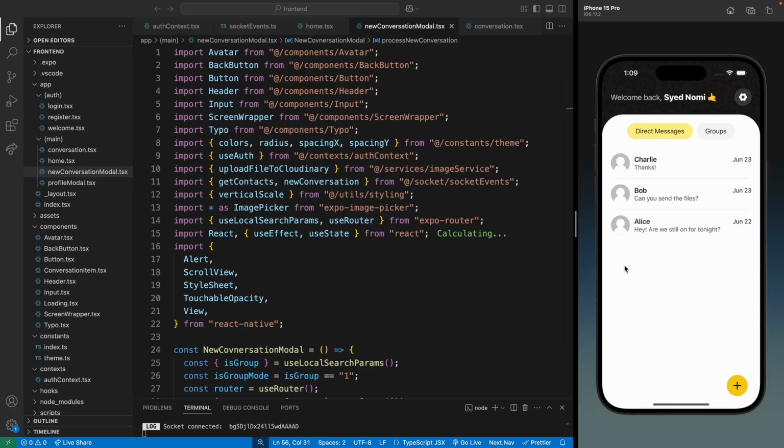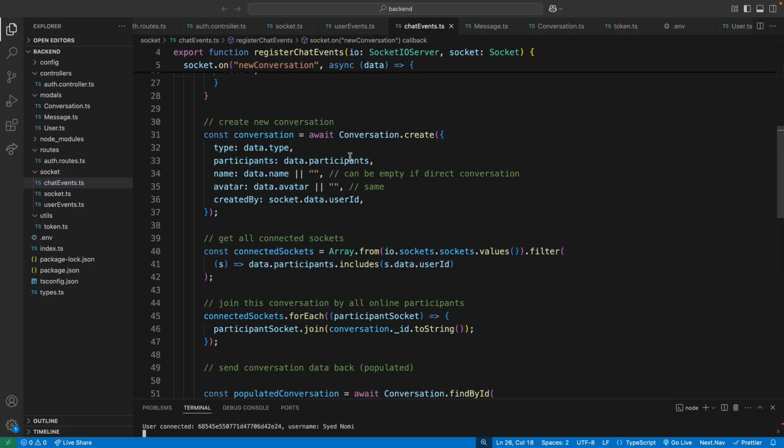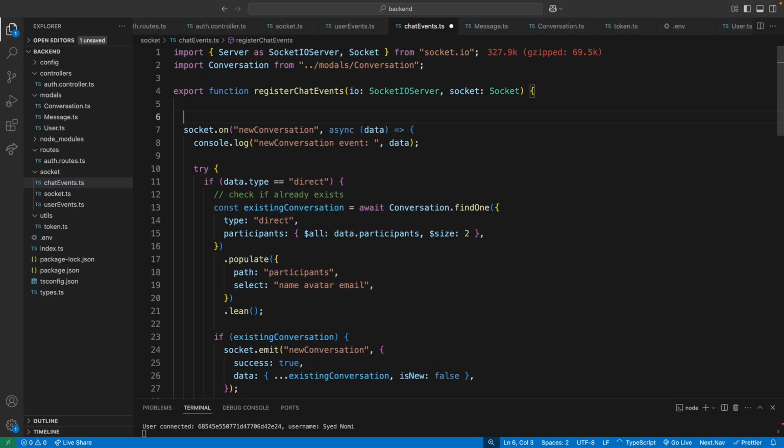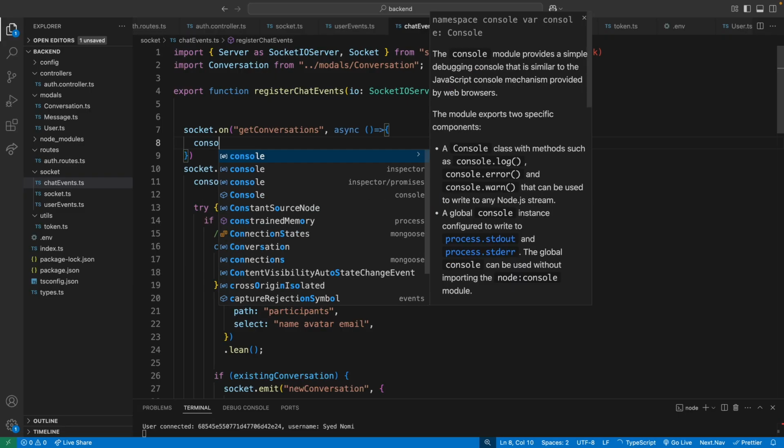Hello everyone. In this part, we're going to work on fetching the conversations. So right now we're seeing this dummy data, but now we're gonna work on getting the real data from the database. So let me just add a new event here, get conversations. Then I'm just gonna console log the event